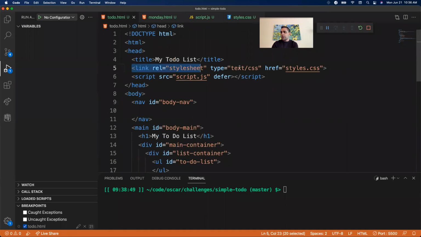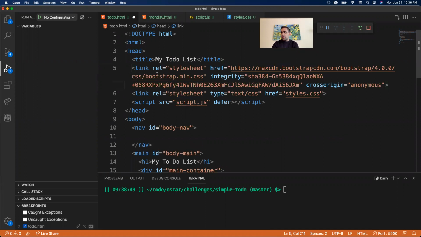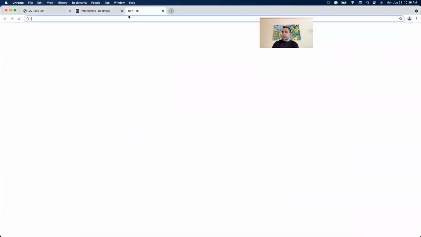So notice I have a link to my own style sheet here, right? Styles.css is my file, but I can drop in another link, again, link style sheet, and href is now whatever they told us to link to. So if I actually copy the URL that they gave us for the style sheet and drop that into my browser,